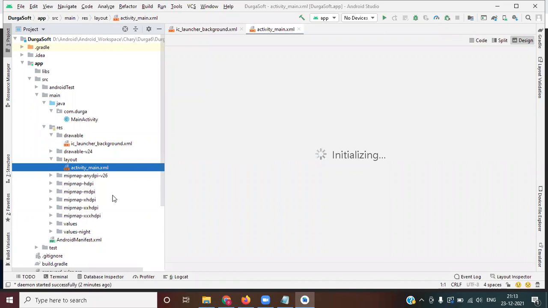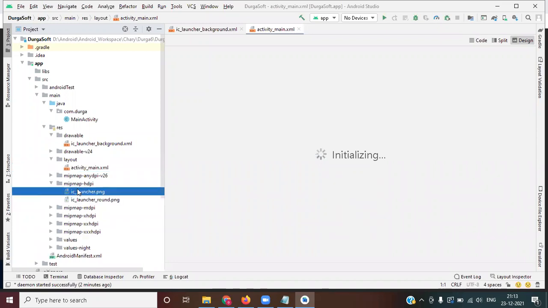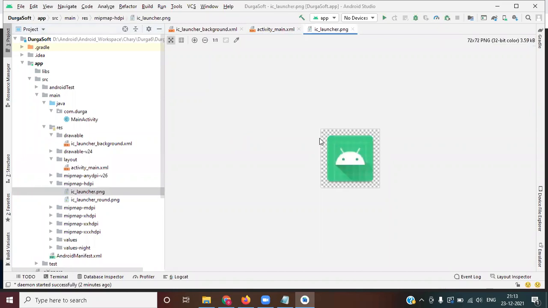These mipmap folders you are getting for ic_launcher. The ic_launcher is an image. The same kind of image is placed inside all the mipmap folders. Why many mipmap folders for images?